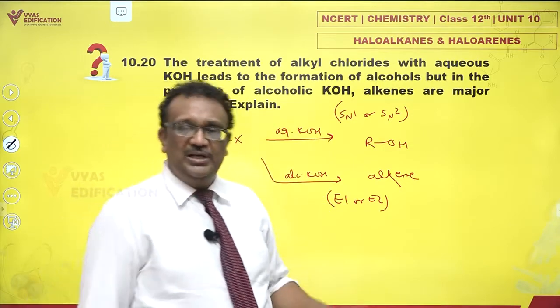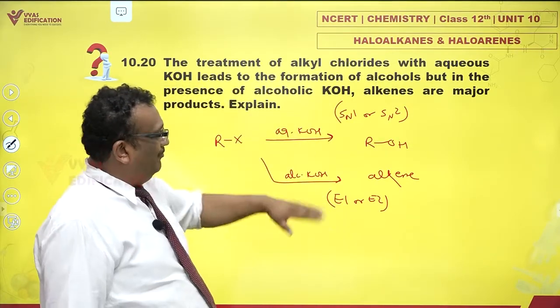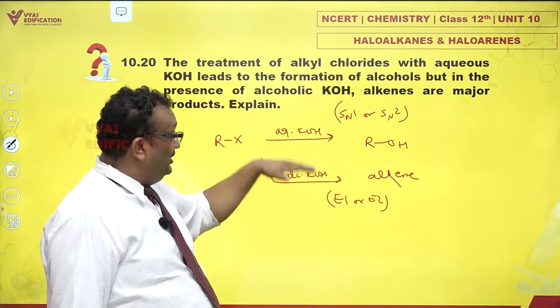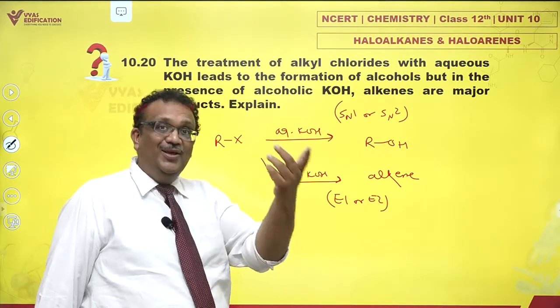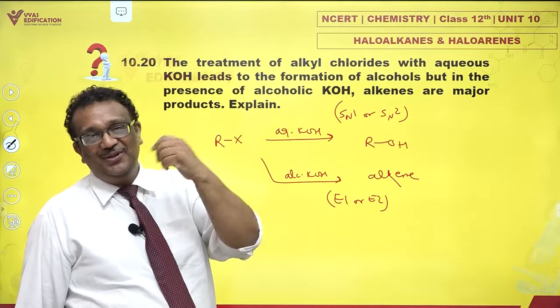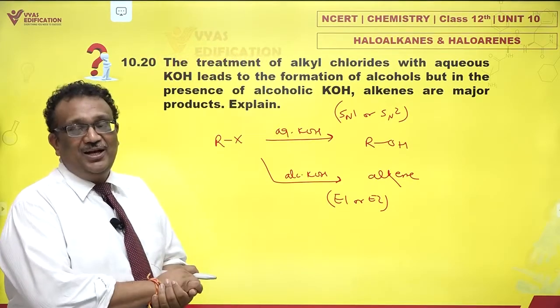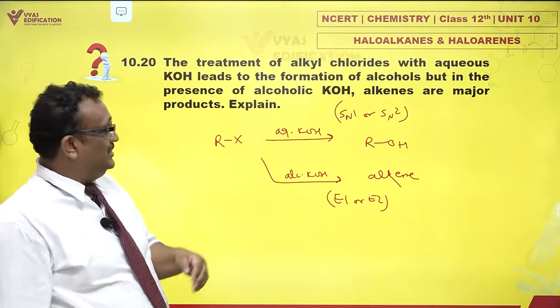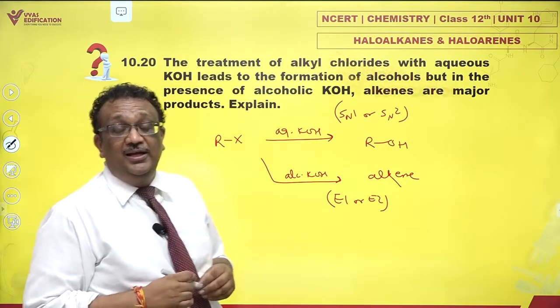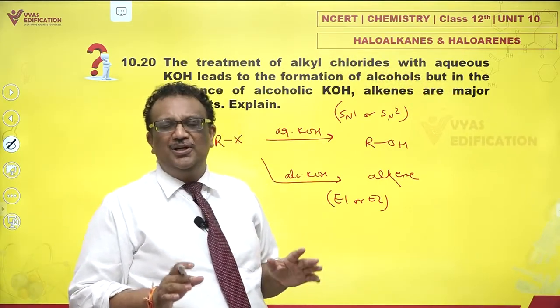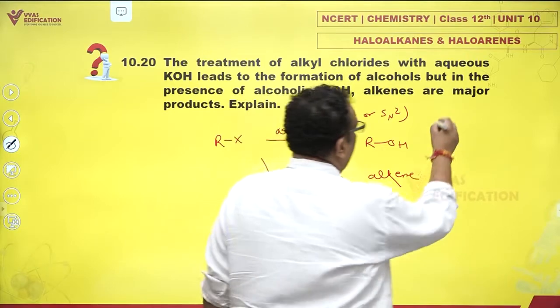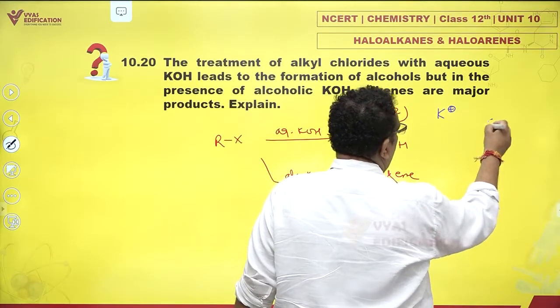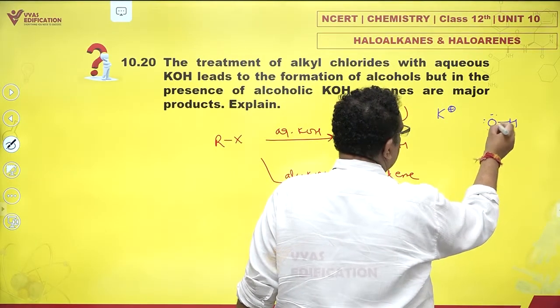So I'm not going to just analyze that. I'll just say, why does this difference in solvent change the mechanism? Let me talk about that. You first need to understand the basic behavior of solvents. In aqueous solution, KOH is totally dissociated, nearly totally. That means it is present as K+ and OH- ions.